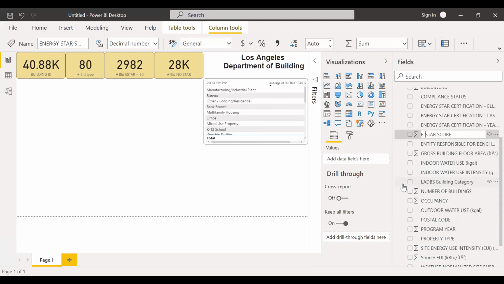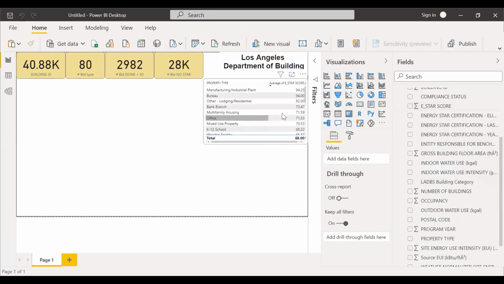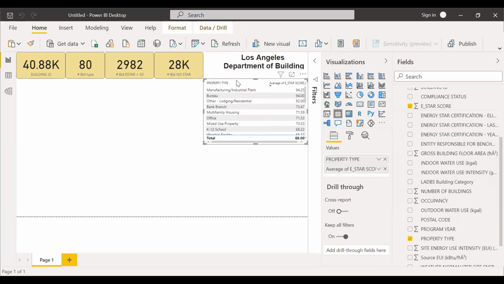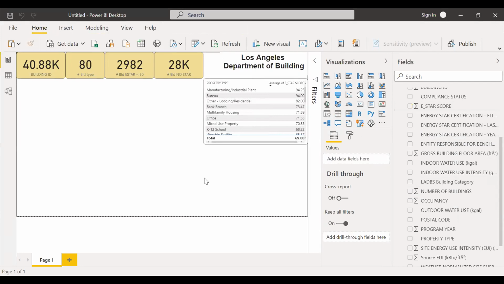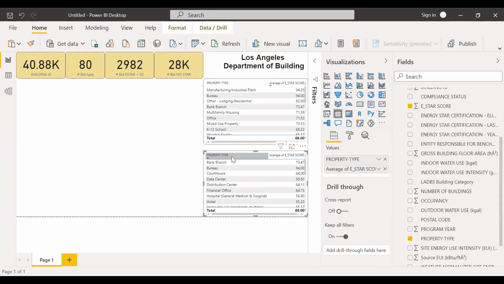Maybe energy star score. Okay, it's a little bit better, right? So we just finished the table. We Control C and Control V. We move to the next visualization to answer the question: what is the average energy star score by year